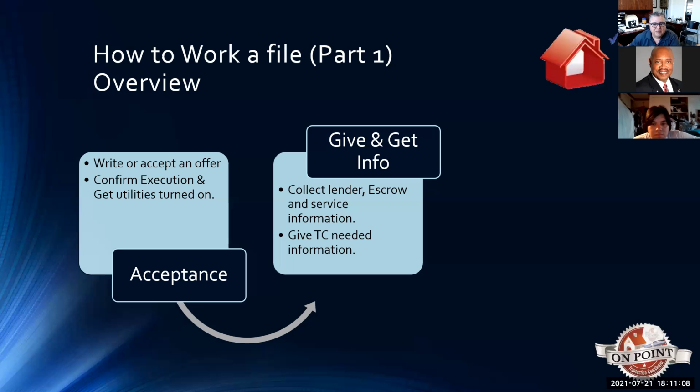And then most of us have a transaction coordinator that we work with, or somebody in compliance at your brokerage that you want to give the information to as well, because you want to get them started on their process. Typically, they're looking at timelines. They're adding things to their list. They're putting everybody that's involved in the transaction onto a list, so you have that information readily available.